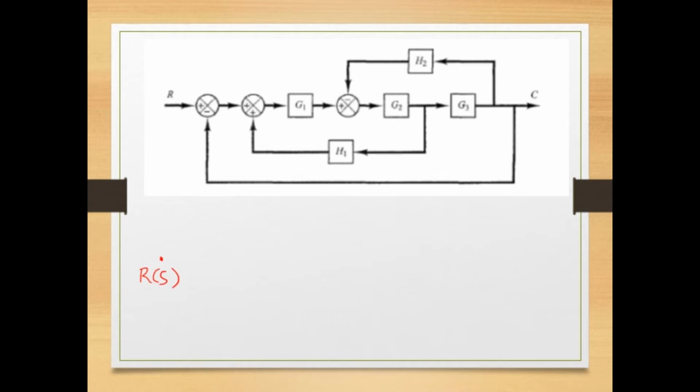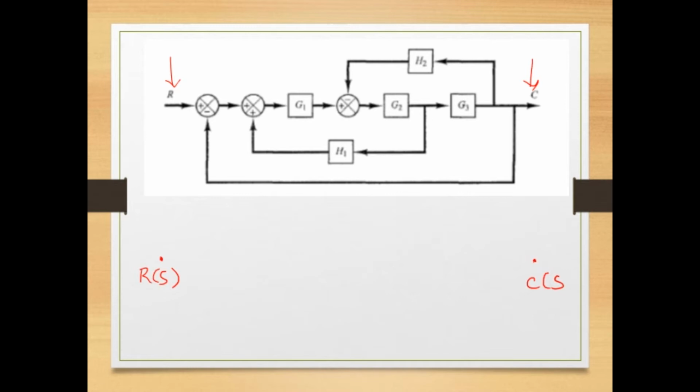We'll write it. We have the output node, which is C of S. So this R and this C, we represent it here, R of S and C of S. Then you can observe here there are two summing points. One is this and the second one is here. But between that there is no gain. So what we do is we treat these two as one single node, right? Or if you want, we can treat it as two nodes and take it as one. So we will treat this as two different nodes for the better understanding.